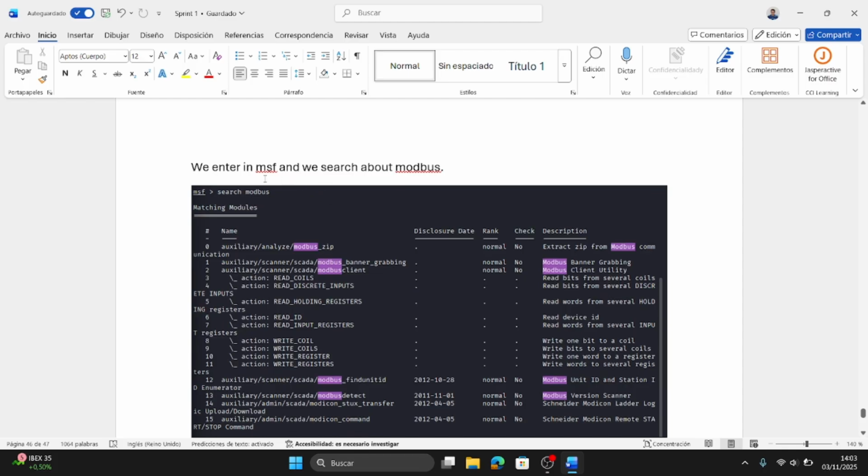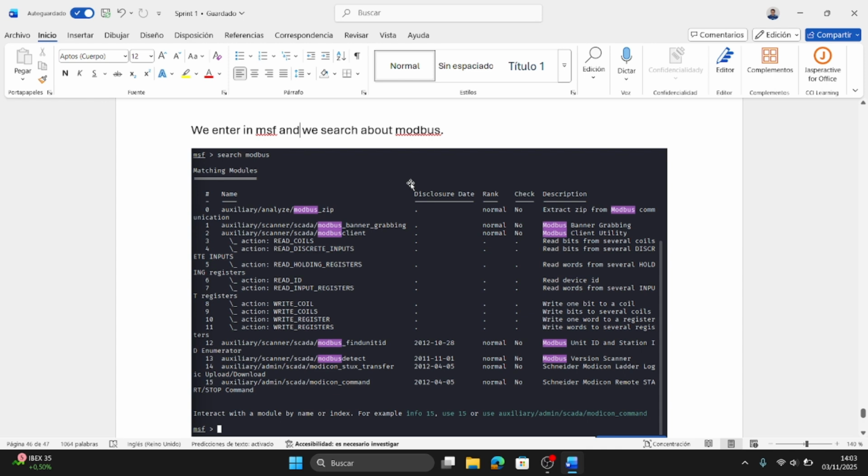So we open an MSF console, and we search for info about Modbus, and we're going to see all these commands available.